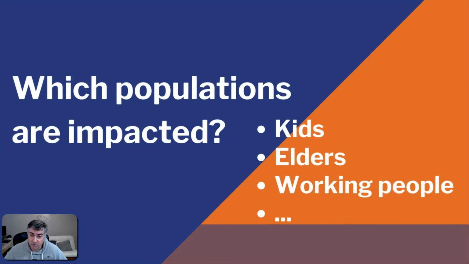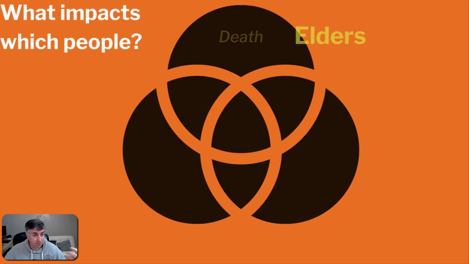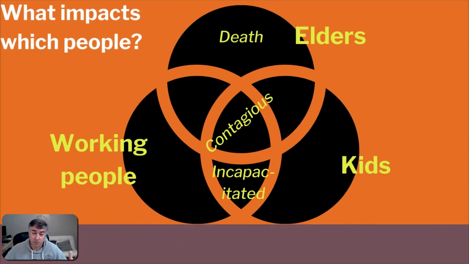We have identified the impact of these symptoms. Now, which populations can be impacted? Of course, we could come with a long list, depending on how narrow we want it, how specific we want it. But let's say that you have kids, elders, working people. So now the point will be which population will be impacted, and they are impacted